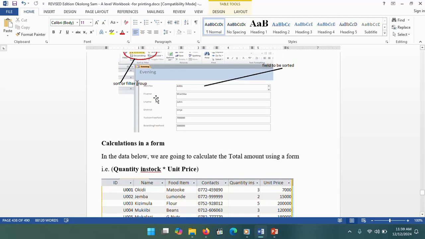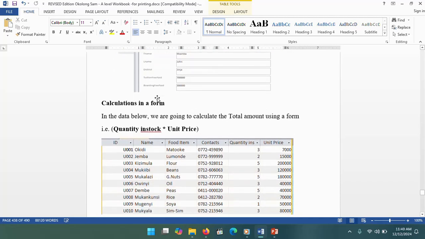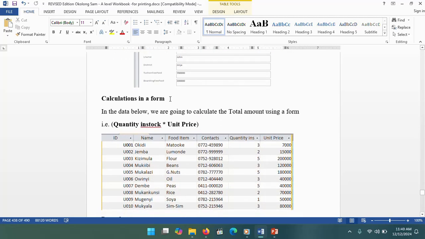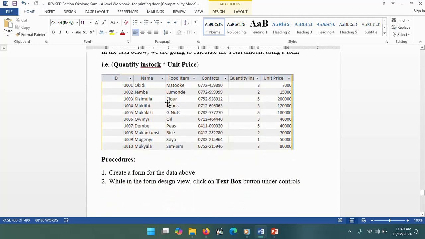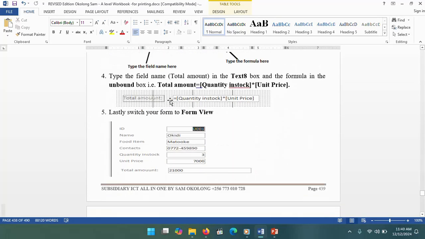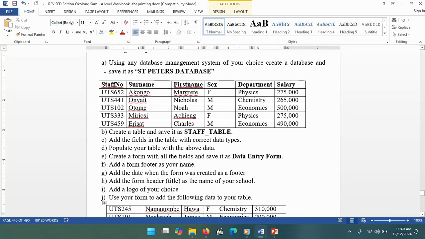Then also how to change the form background color, and lastly how to perform some simple calculation in a form. So all that we are going to concentrate on this example here. This is the example we are going to use, or the data we are going to use to come up